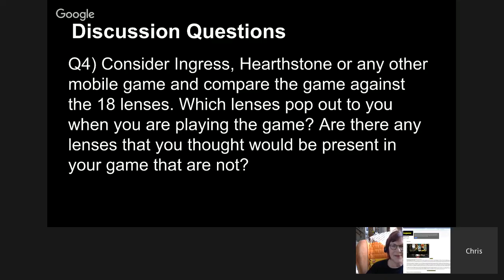Sure. For me, the lenses that are popping up in a lot of the games that I play are definitely the fun ones. I really only play games that I think are fun. And in a lot of the games I play, I'm really involved heavily with the problem-solving part of the game. So I like to do a lot of the hard fun. So I like raiding in World of Warcraft, doing that endgame piece.